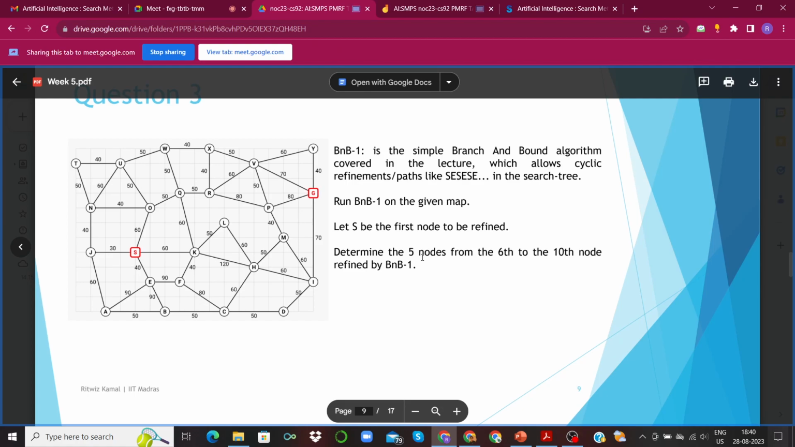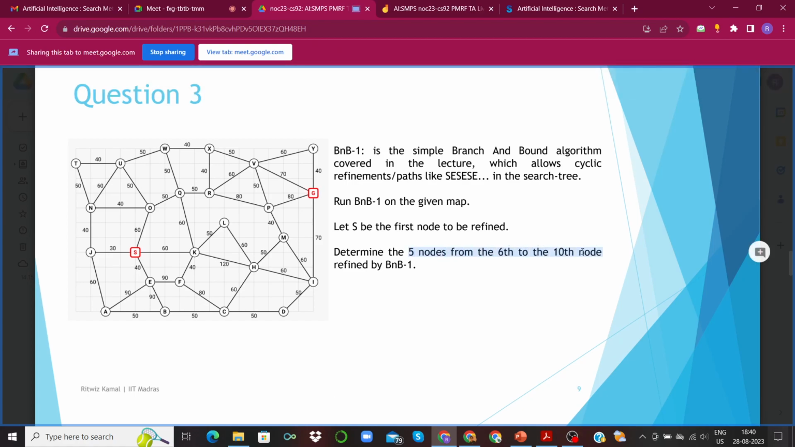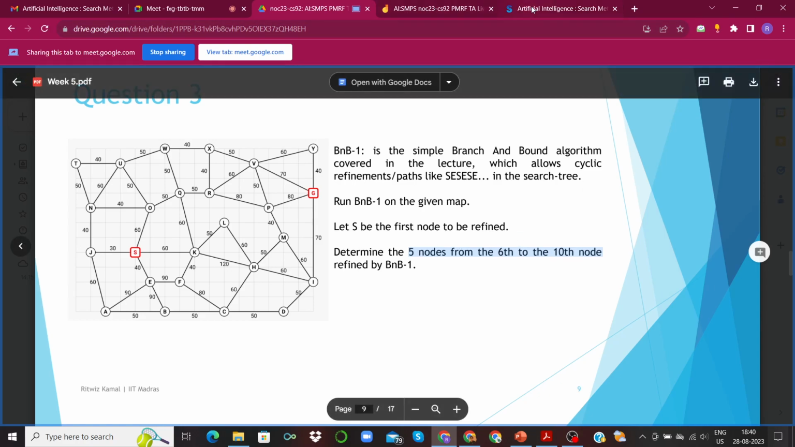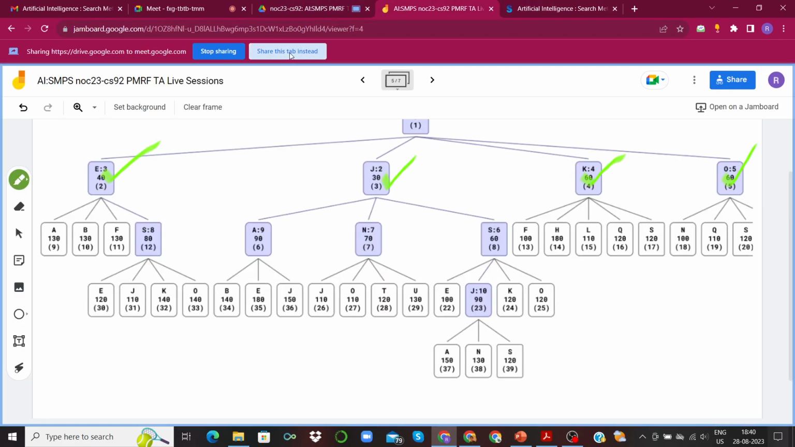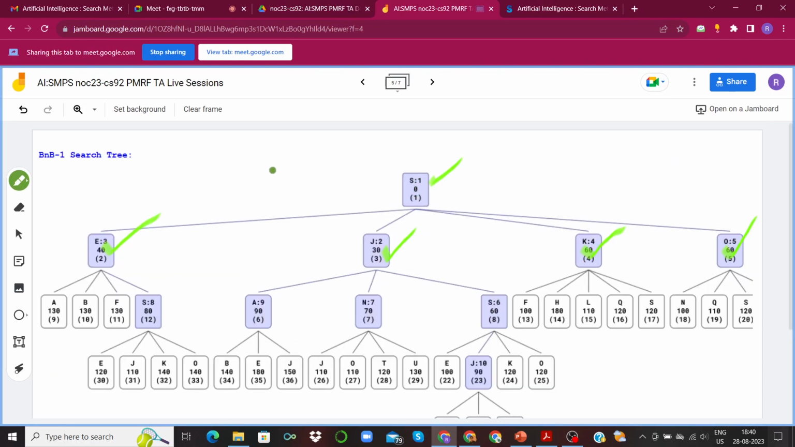5 nodes that were inspected from index 6 to 10th. What this basically means is that the first node that was inspected was S, so S would have index 1. Second node that was inspected was J, so it will have index 2. Third node that was inspected was E, so it will have index 3, and so on. Then we will have K with 4, O with 5, then S with 6,